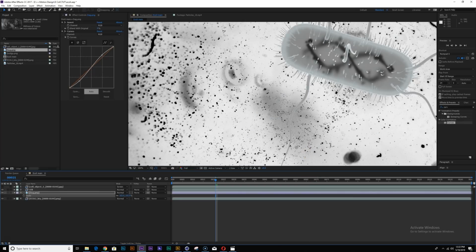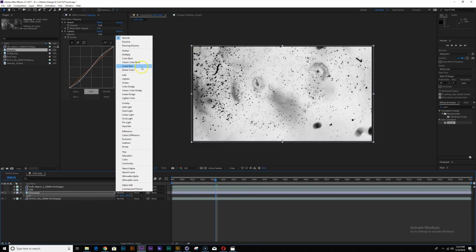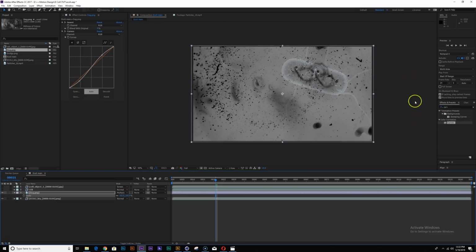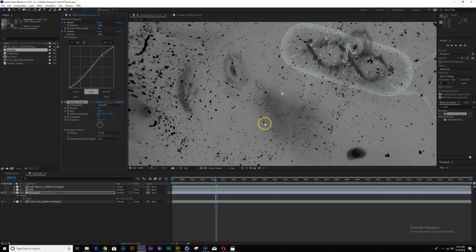Another thing I will want to do, and I'm just going to turn this off for now, is set the blending mode to multiply, and add a turbulence displace effect to this.